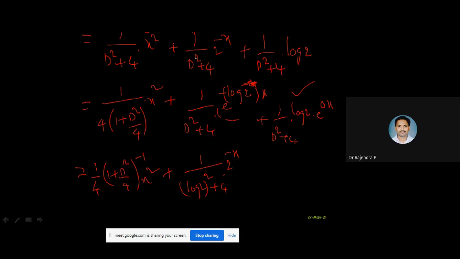After finishing this form, again I will write my original function. Here also same thing. Evaluate plus this. 1 by 4 log 2. So log 2 by 4. And I think these two are already evaluated. Only this part is pending, right? Yes, sir. This part is still not evaluated. These two are evaluated, so you can continue these two terms as it is in the next step. And only this term you try to expand.